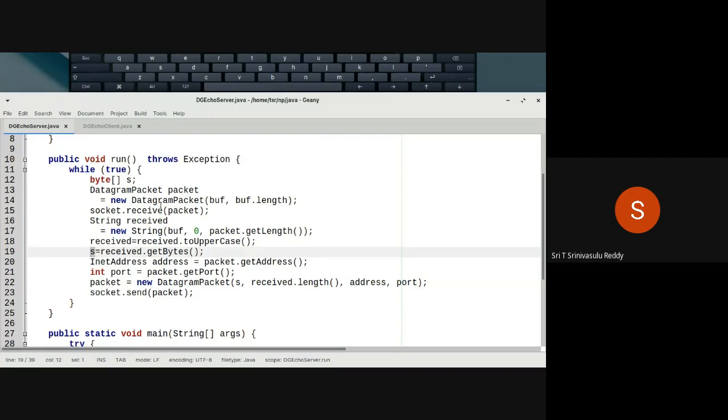So without studying the classes, what methods are inside, and the purpose of each one, you cannot write the program, no doubt about it. But in the process, we are slowly developing a general idea of what a datagram is and what to do. You have to receive a packet, do the processing, and send the packet back. All that exercise we are doing.